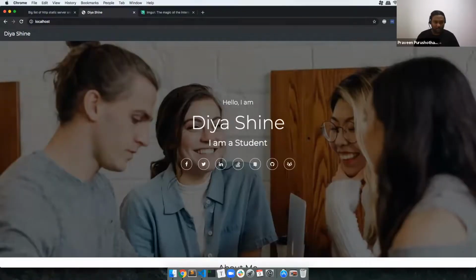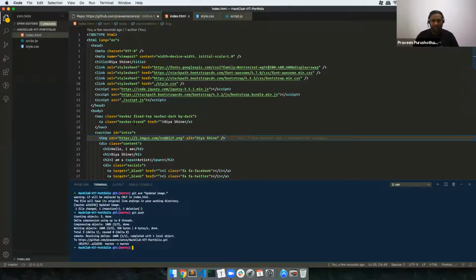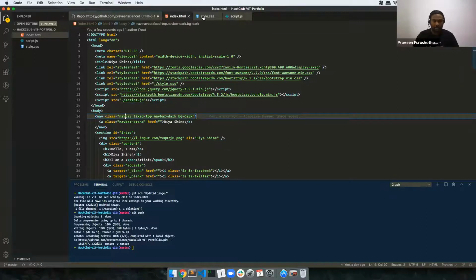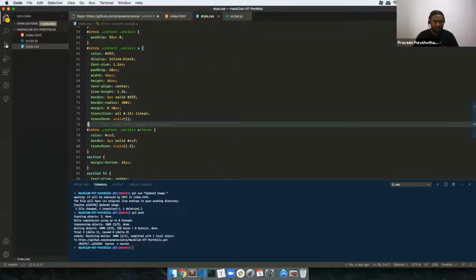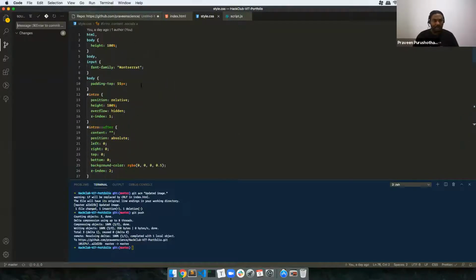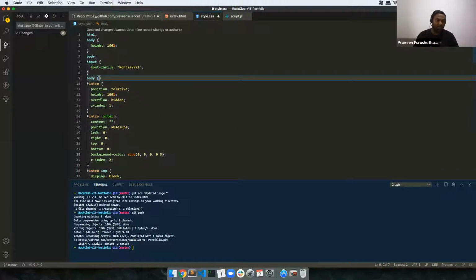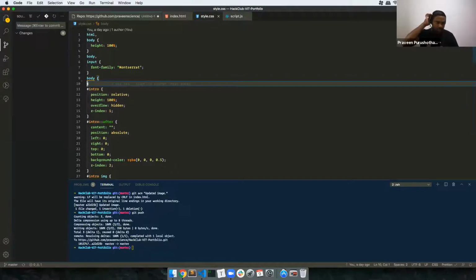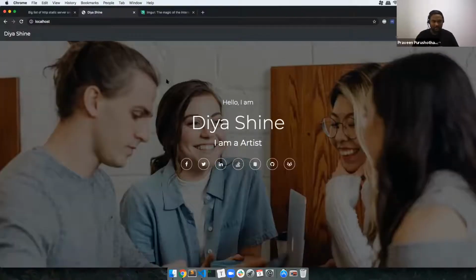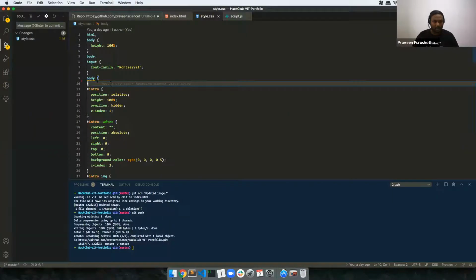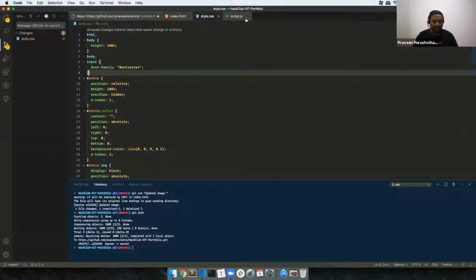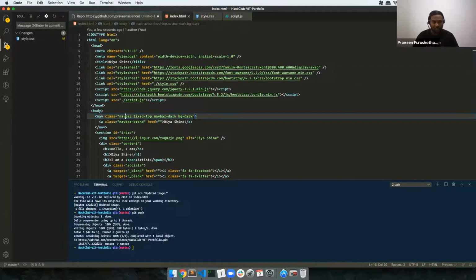So let's go back to style.css and get rid of this padding-top completely. Once we do this, it's going to be totally like this.